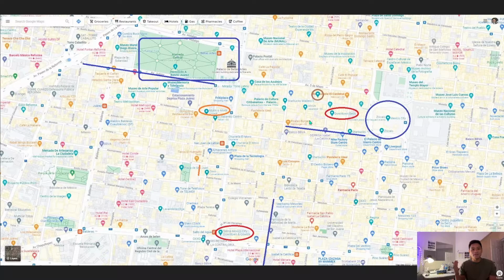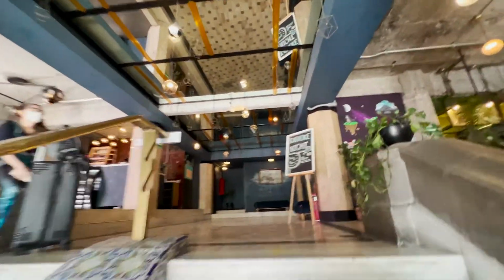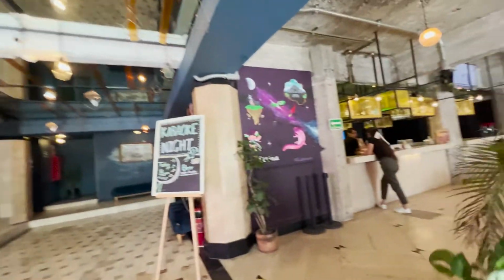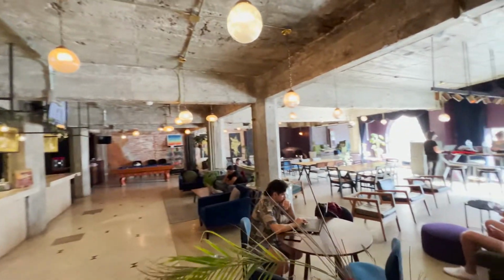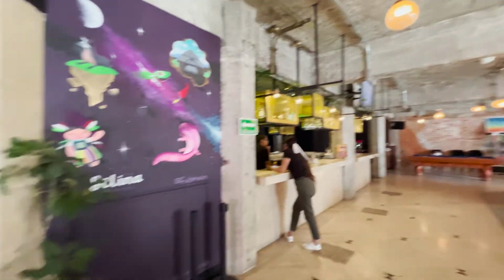Okay, so the next is our comparison to Selina, Mexico City downtown. So for downtown Beds, it was a pretty nice stay. I would recommend it there. Between the two, I would prefer downtown Beds because when I stayed at Selina, Mexico, which is the highlighted area